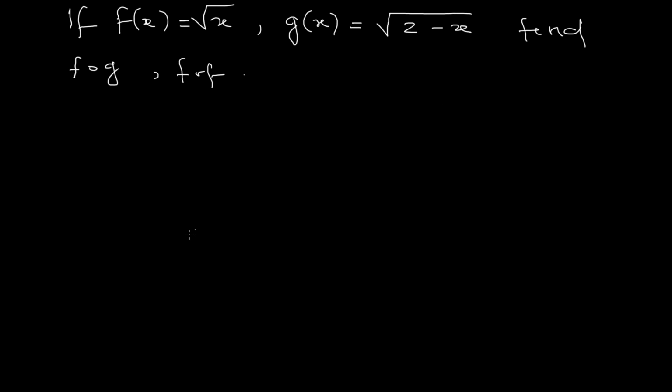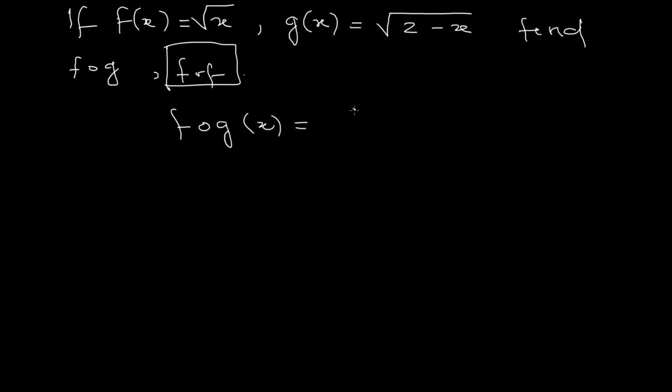Okay, so this is a little bit different. It says if f of x is root x, g of x is root 2 minus x, find f of g and f of f. So this is what the focus is on. So let's do f of g first. F of g,